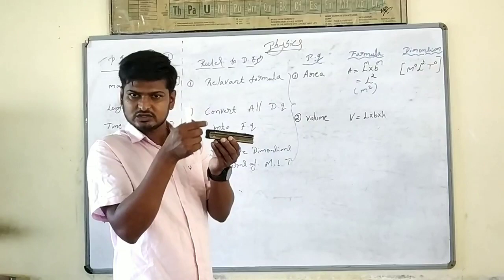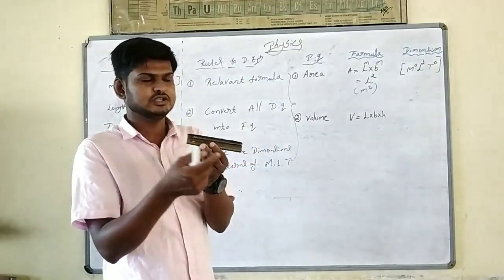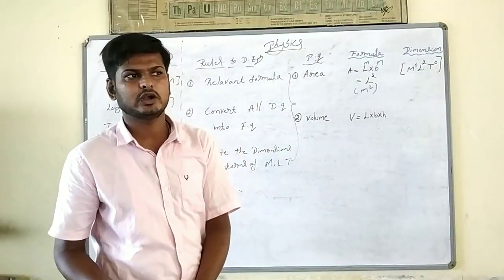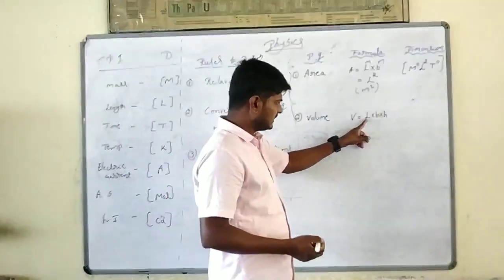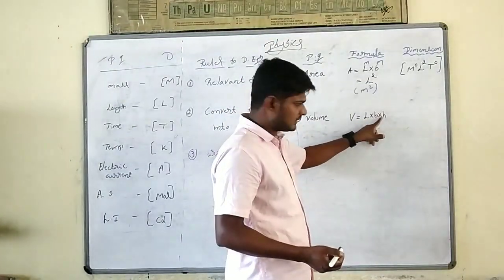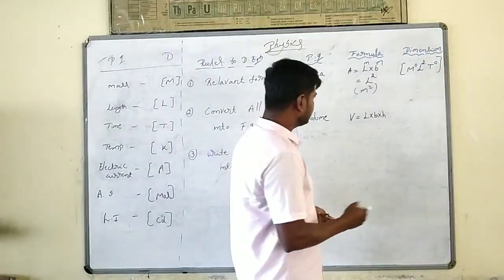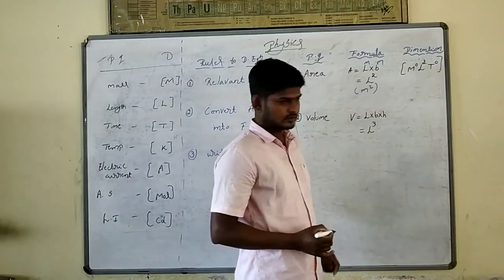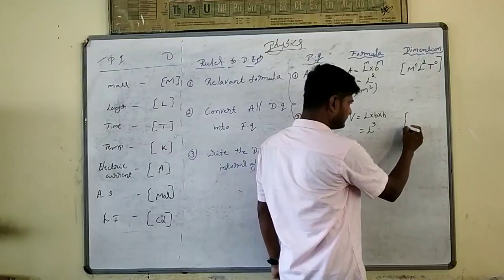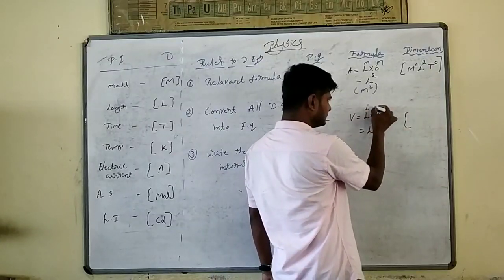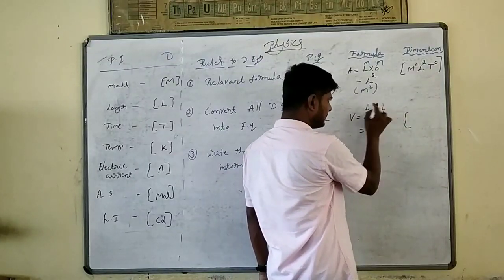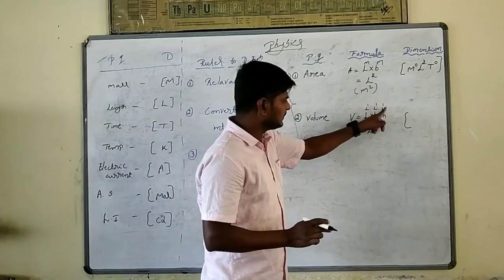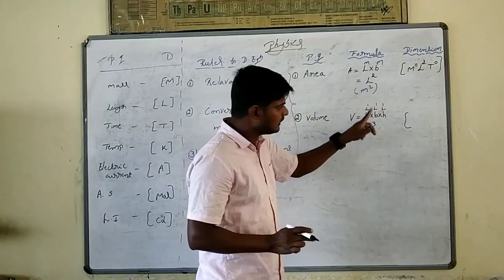Height is also fundamental, because the distance between the 2 points we are going to calculate is length only. Length is fundamental, breadth is fundamental, height is fundamental. That's why how many terms? This will be L cube terms. When you write the dimension, this is L power 1, L power 1, L power 1, so L power 1 plus 1 plus 1, there will be 3, L power 3.